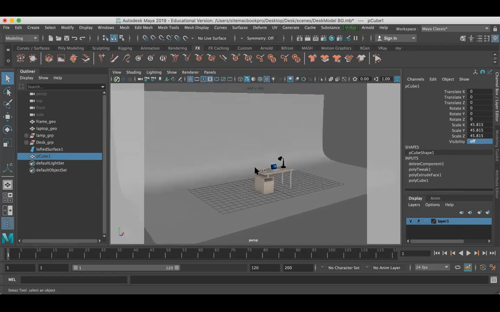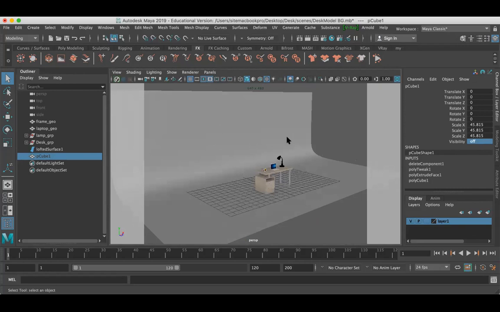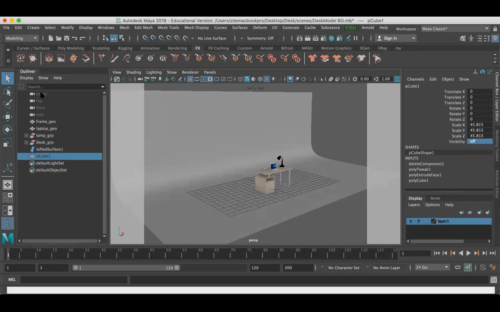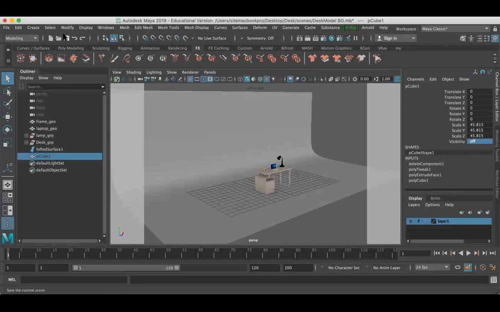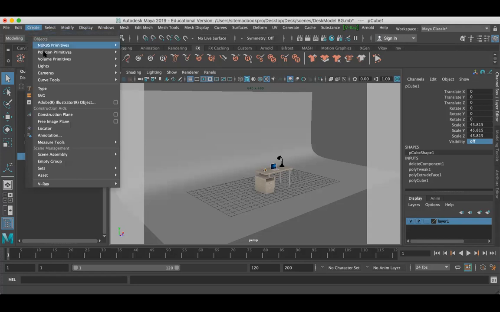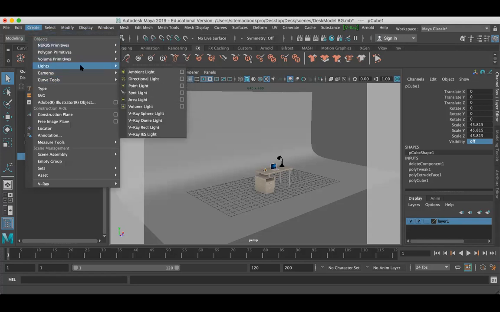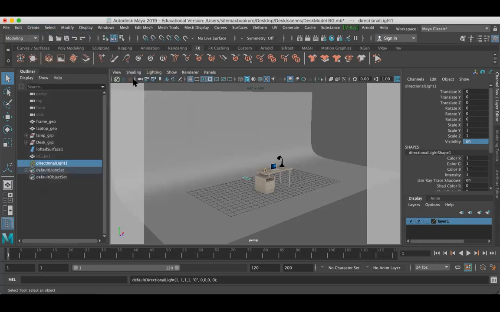So guys, you can see here, I have a scene. There is no light here. So now I'm going to create a light. At the top of the screen, you can find Create. Go to Lights. Under Lights, you can find Directional Light. The directional light, as I have told you, is similar to sunlight.